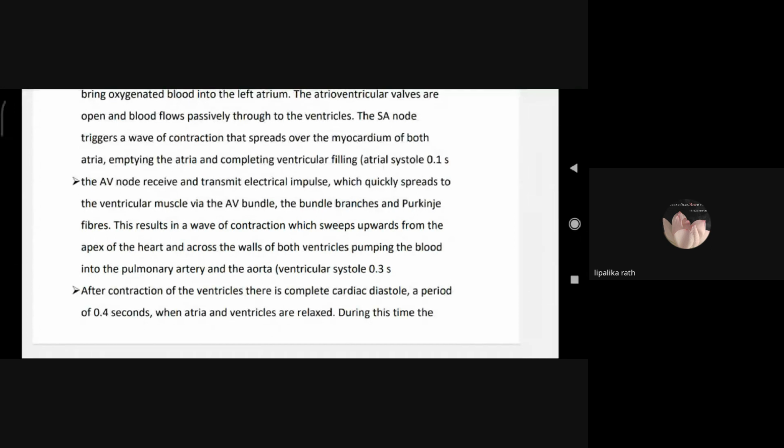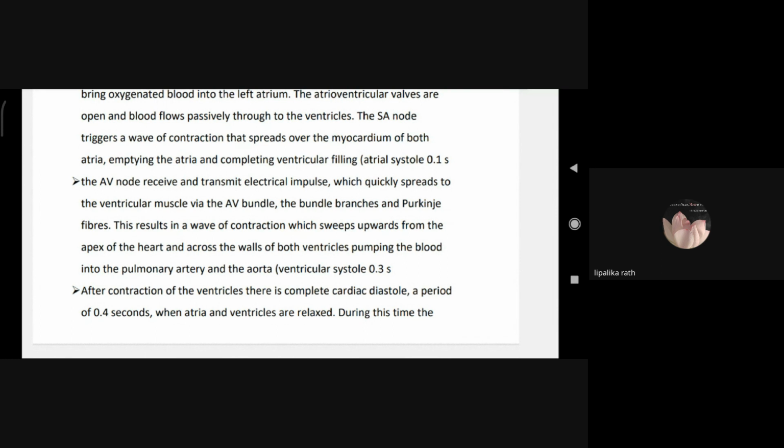This results in a wave of contraction which sweeps upward from apex of heart and across the walls of both ventricles, pumping the blood into pulmonary artery and aorta. Okay, so what is happening here? Both the atria are getting filled with oxygenated and deoxygenated blood, right atrium with deoxygenated blood and left atrium with oxygenated blood. Then the valves are opening and the blood is going down to both the ventricles from both the atria,